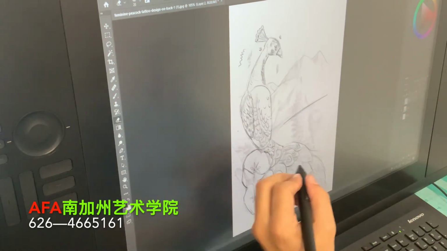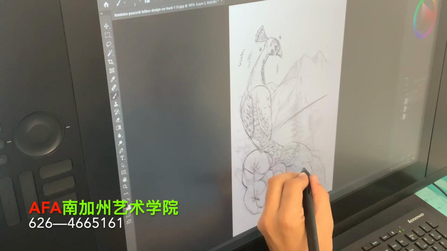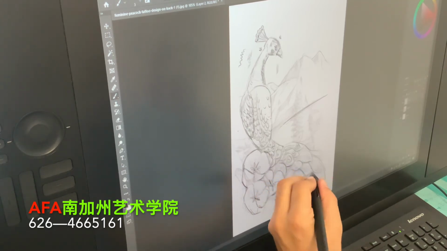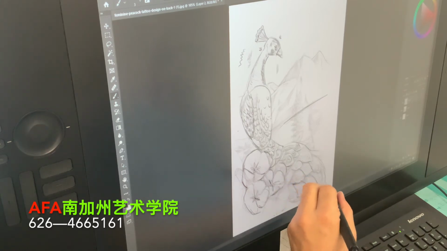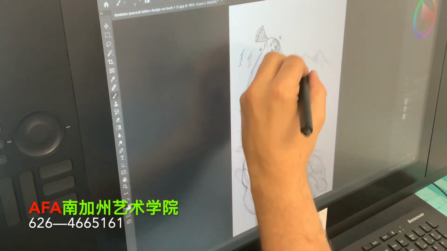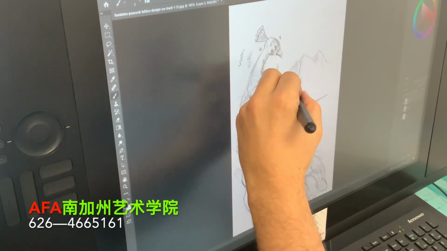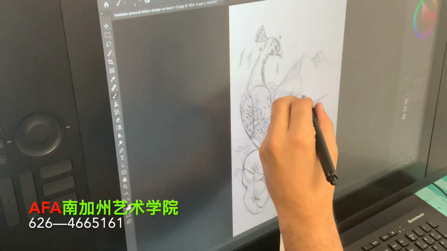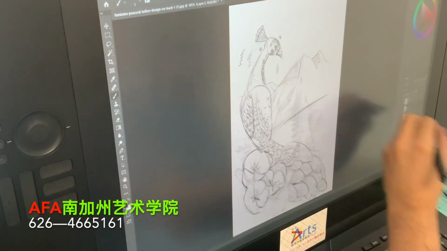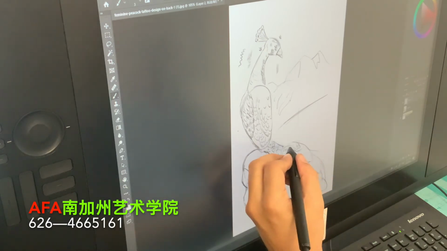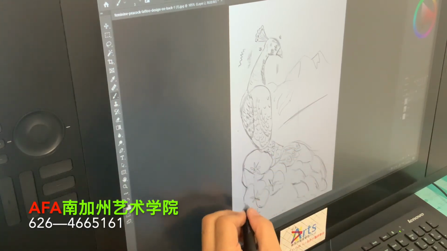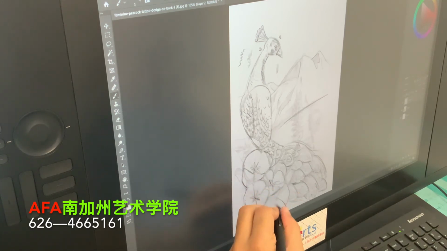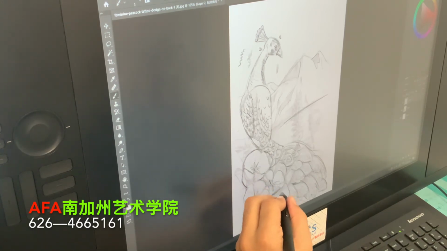And then a little bit more of those shapes in the tail. So once I get all this delineated, I can come in and rough in my shapes on my mountain. And like I say, I don't know if I want to deal with the plants there. It's not that important. But that's basically it. That's how I would lay this out here. Got another flower down here I forgot to put in. And then these two have a